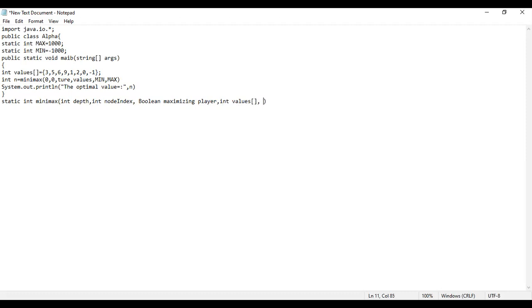Then we are going to store the min value as beta and the max value as alpha. And then this is the body for the minmax function.